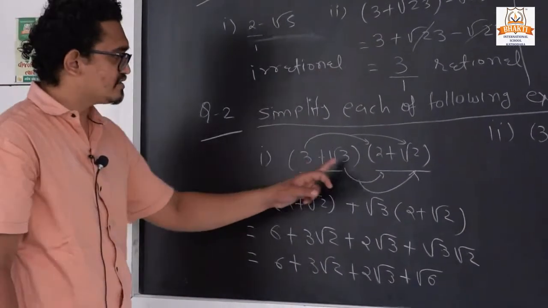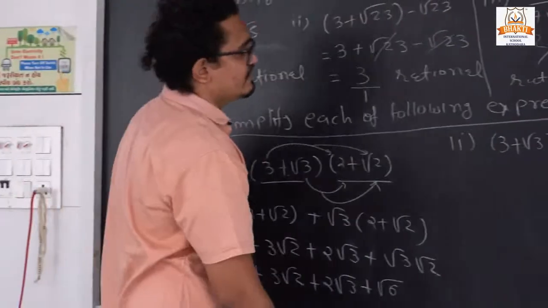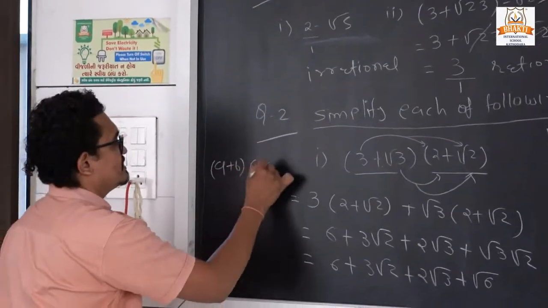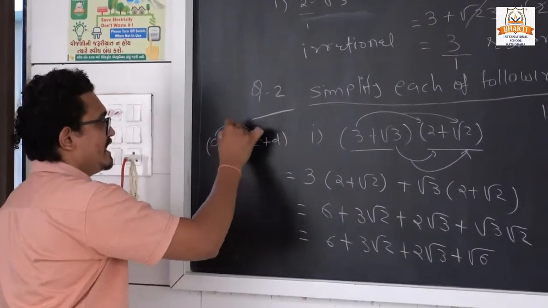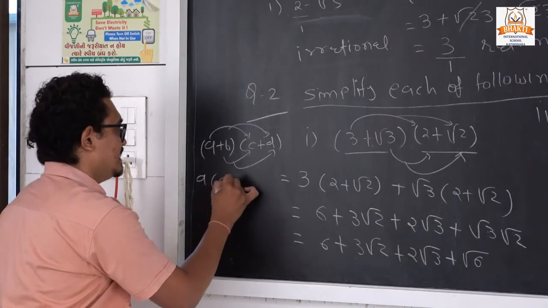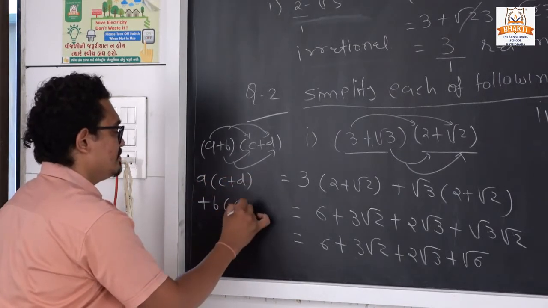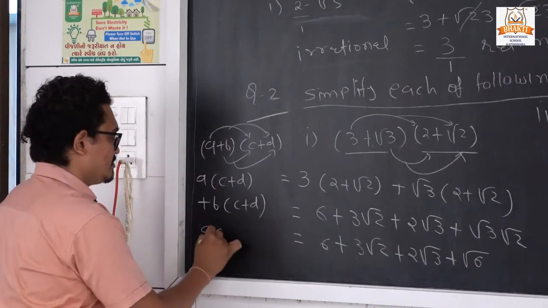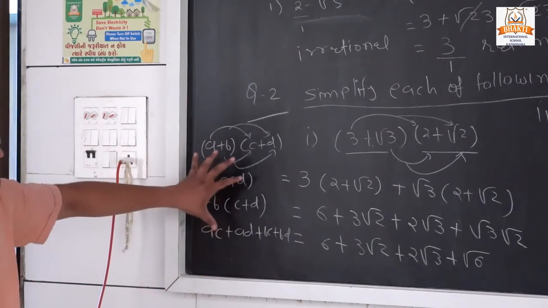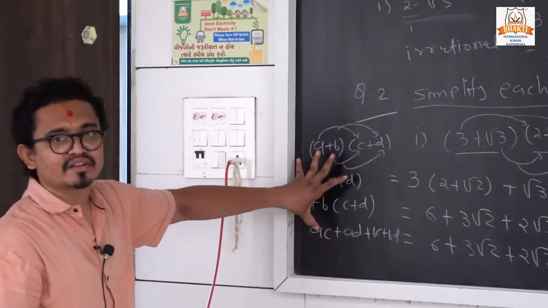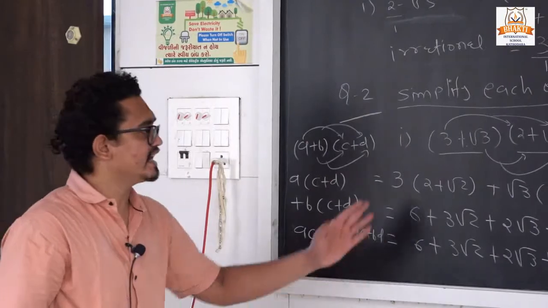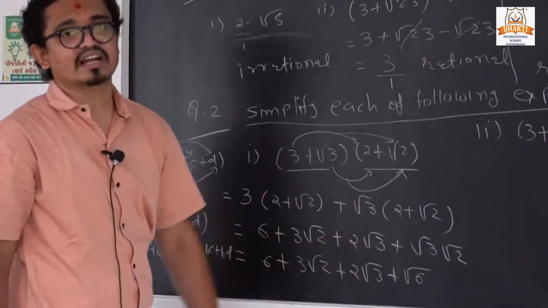Here, which method are they using? In a previous standard we had an equation like this, if you remember: a plus b and c plus d. What we do is, a is multiplied with both, and b is also multiplied with both. So we write a in bracket c plus d plus b in bracket c plus d. Simplifying, ac plus ad plus bc plus bd. That is one formula used in a previous standard. The same formula we can apply here. Simply expand the bracket and we get the final answer.